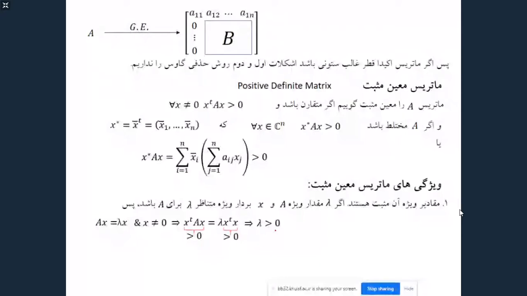And also it's not non-zero. So the second property: consider the first property, that is all eigenvalues are positive. So the determinant of matrix A will be non-zero. Also, we know